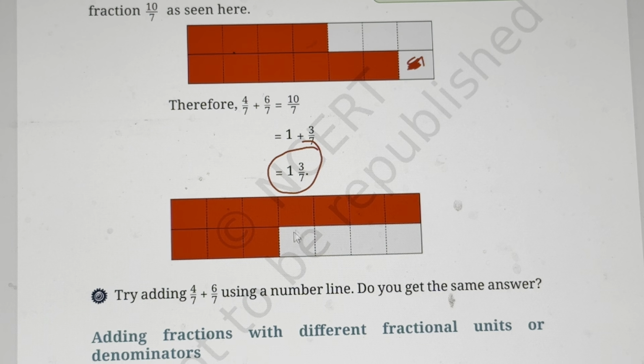So what is done in the last picture? They have just picked up this 1/7 and added it here to make it a whole. This is for understanding the visualization. Otherwise, earlier also we have learned